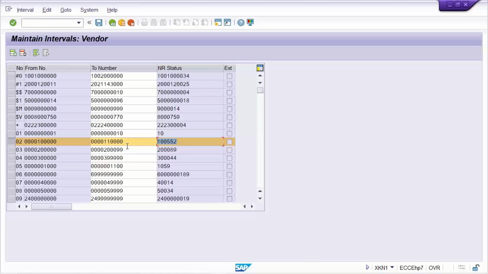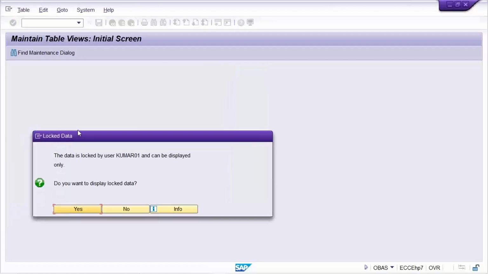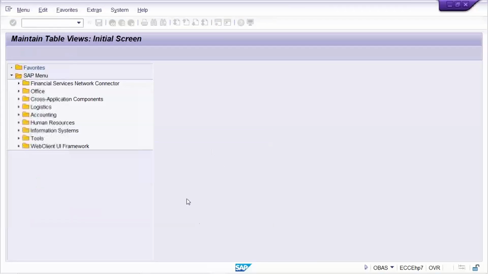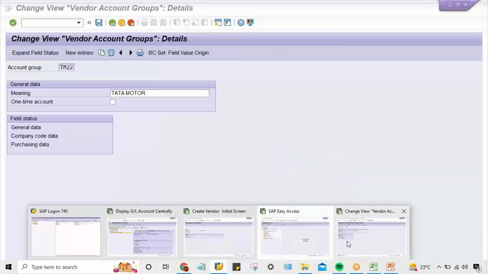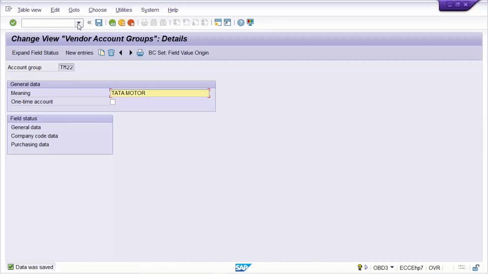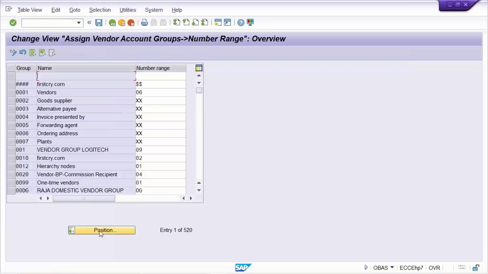So let's suppose, so here now, this is the number range 02, and this number range, /n OBAS, and this we have assigned against what? This we have assigned against, where it is, guys, OBAS. Okay,